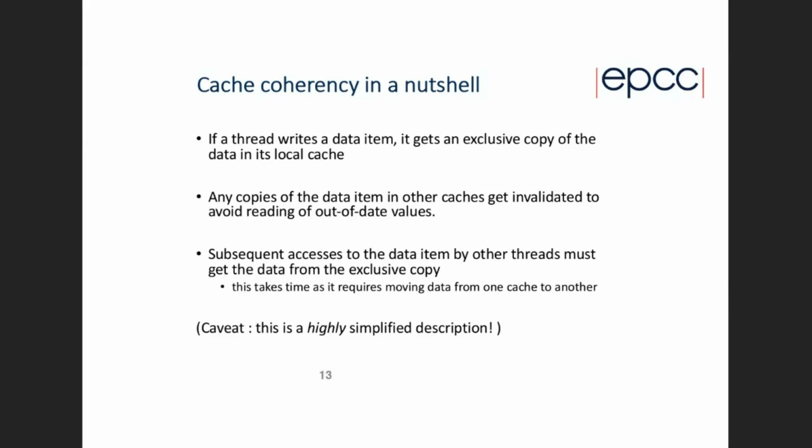Okay, so again, just a brief description of what's going on with cache coherency. This is the process by which the hardware ensures that even though there might be multiple copies of a data item in different caches attached to different cores, there is still a well-defined value at any one time. So if two concurrent reads happen to that data item, you are guaranteed to return the same value.